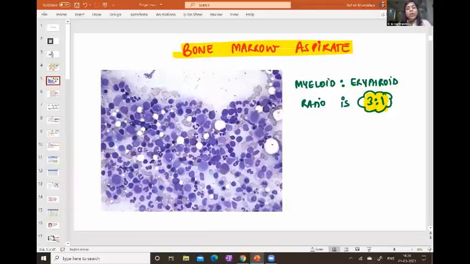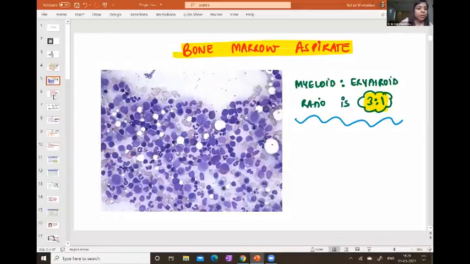It looks like this. You all know that bone marrow contains various cells in various stages of maturation, like erythroid precursors, myeloid precursors, and megakaryocytic precursors, right? So on this aspirate, I will see different cells in various stages of maturation, correct? Plus, the only thing which they can ask you from this is: what is the normal myeloid to erythroid ratio, right? You have the myeloid cells, you have the erythroid cells. What is the normal ratio of myeloid to erythroid cells? It is approximately 3:1. Remember that, correct?